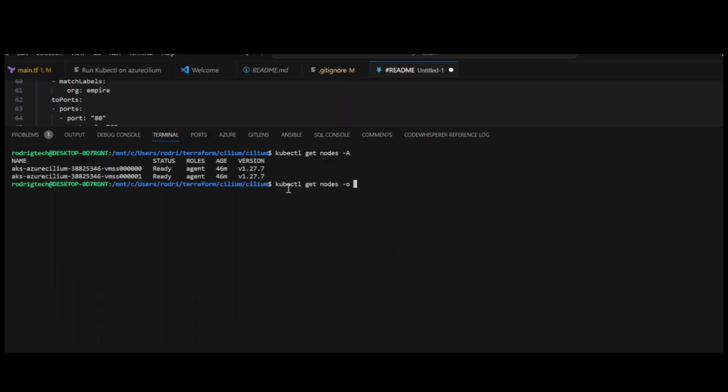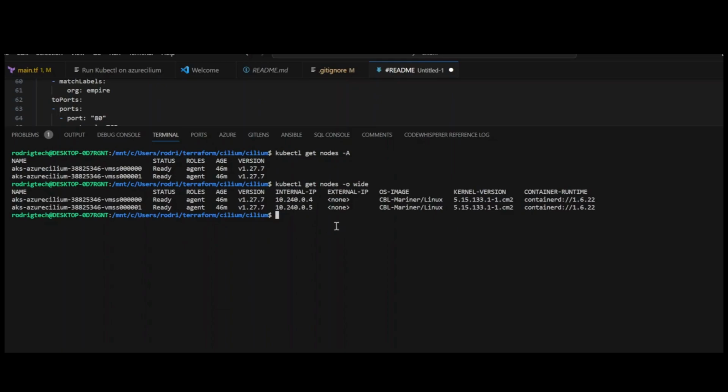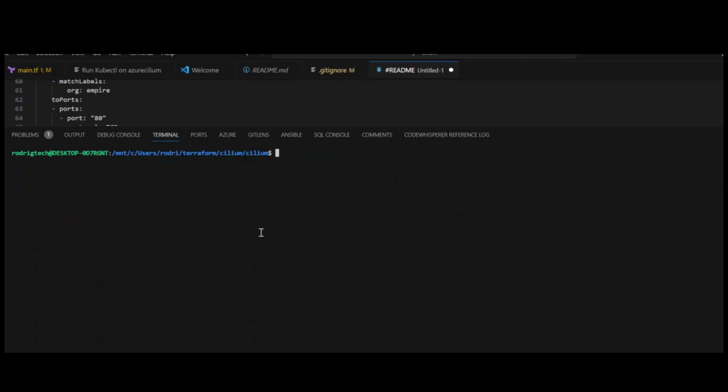Let's do kubectl with wide output. We can see the parameter for the CBL Mariner deployed, and you can also see the container runtime. So we have our two nodes up. The latest orchestrator is 1.28, publicly available on AKS, so I'm running a little bit behind on that. But as far as what that looks like from a code perspective,